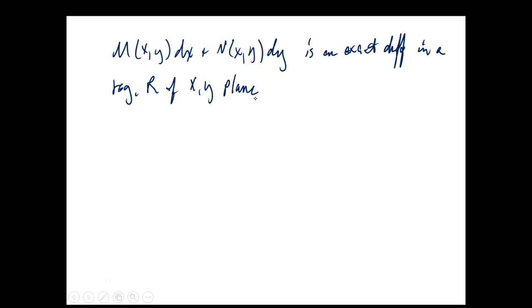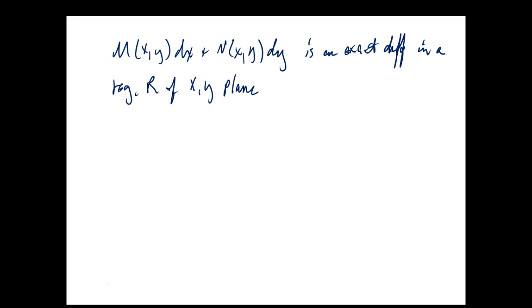Now, what we mean by that: M is a function of x and y, N is a function of x and y, so this is based on some region, you can think of it as your domain, in the xy plane. Maybe not everything in the xy plane is there, but certain values are. This could be an odd shape, it could be the entire plane, it could be half a plane, a portion of a plane, it could be anything, but it's a differential in some region R of